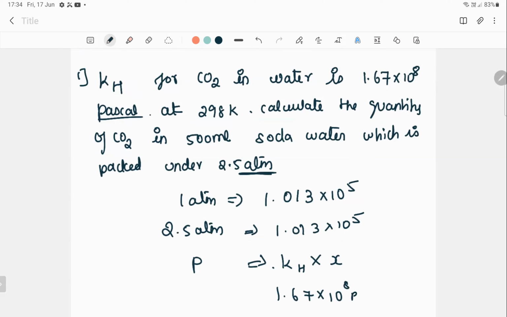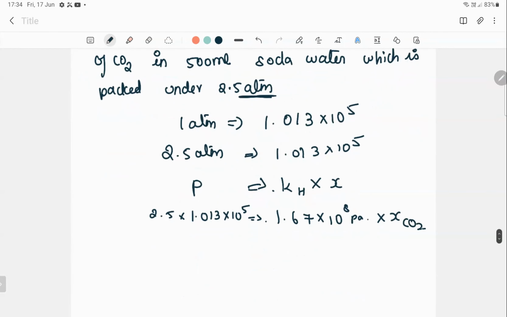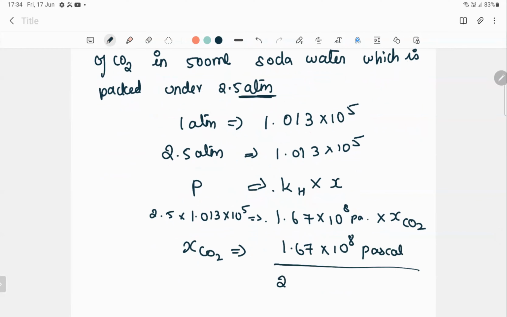So, equal to 2.5 into 1 into 10 to the power 5. So here X is your carbon dioxide. So mole fraction of carbon dioxide is equal to 1.67 into 10 to the power 8 Pascal divided by 2.5